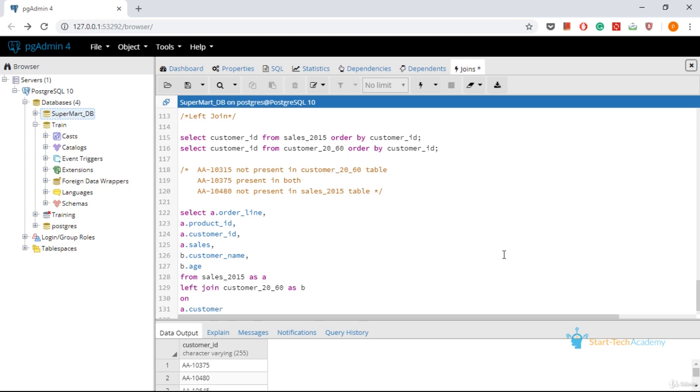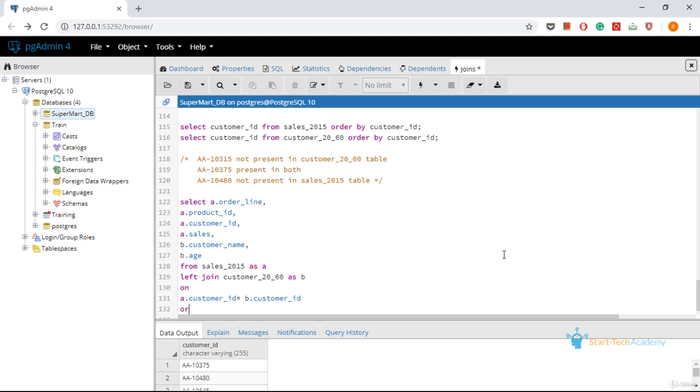A dot customer ID is equal to B dot customer ID ordered by customer ID.